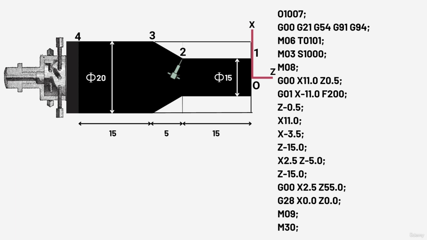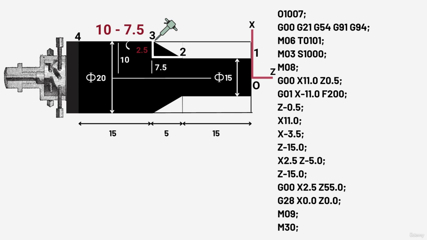Now we have to propagate from point number 2 to point number 3. It's going to be a tapered turning. Now we need to find out the distance between point number 2 to point number 3 in order to apply incremental approach. So for that, we are going to give command of X 2.5 Z minus 5.0. Since 2.5 mm is the distance in x-axis, that is 10 minus 7.5, and obviously the span of 5 mm